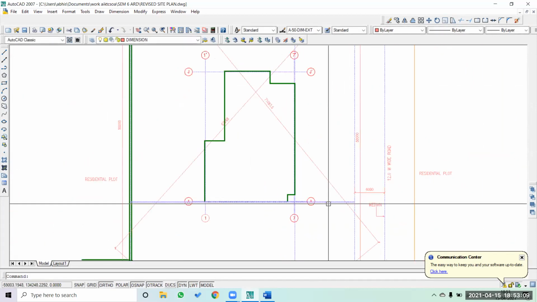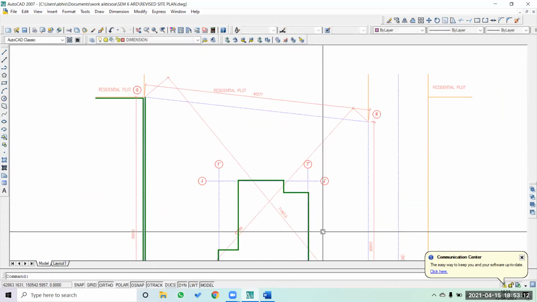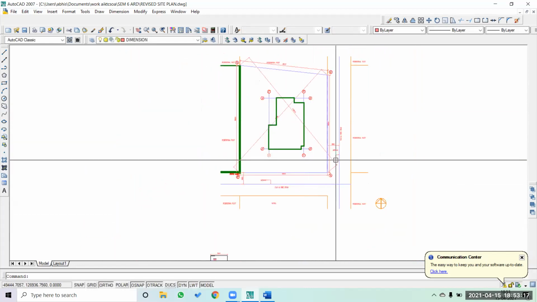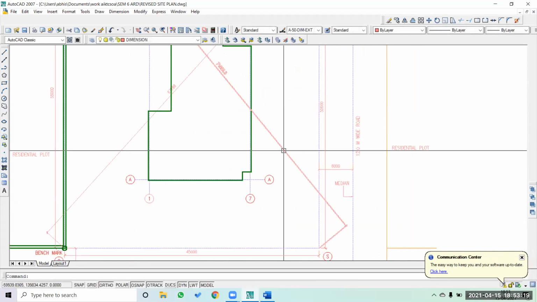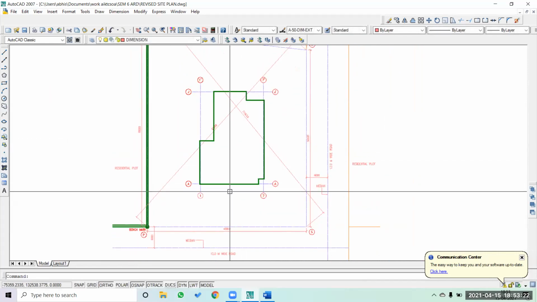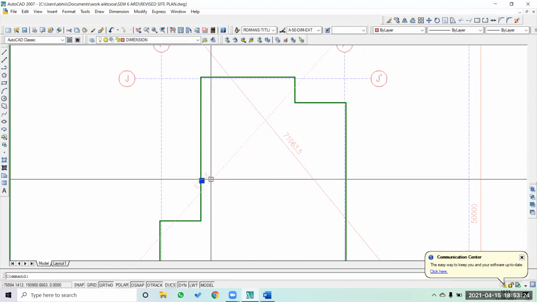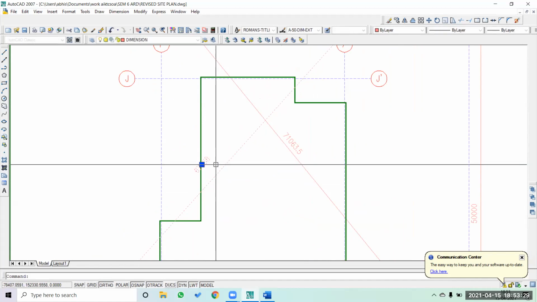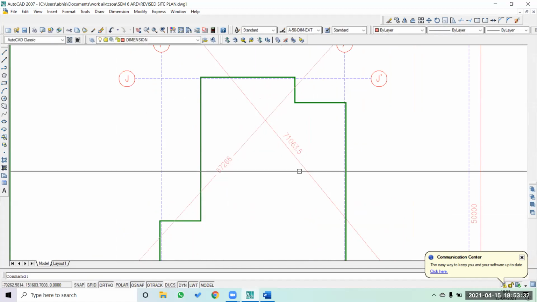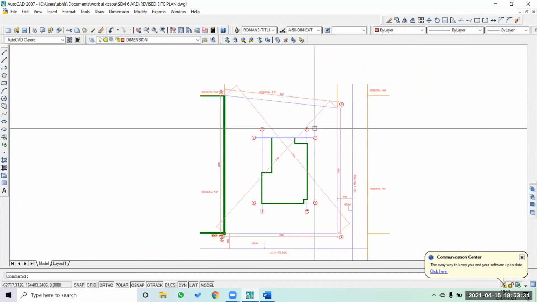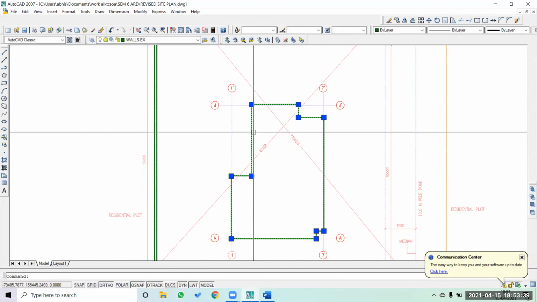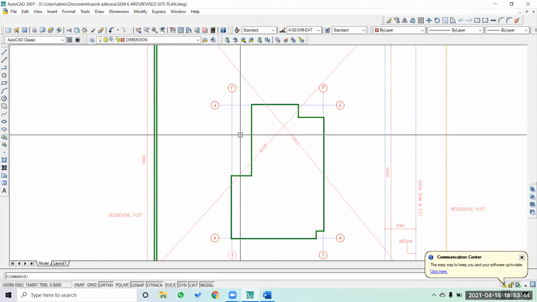So right now the building is 12 meters away from the south side and the west side of the plot. So I have positioned my building. If a few dimensions are here and there, you can move them. That's not a problem, and it doesn't disturb the main drawing. This particular drawing is in a PL format, so it's a continuous line, so I can select it while hatching.